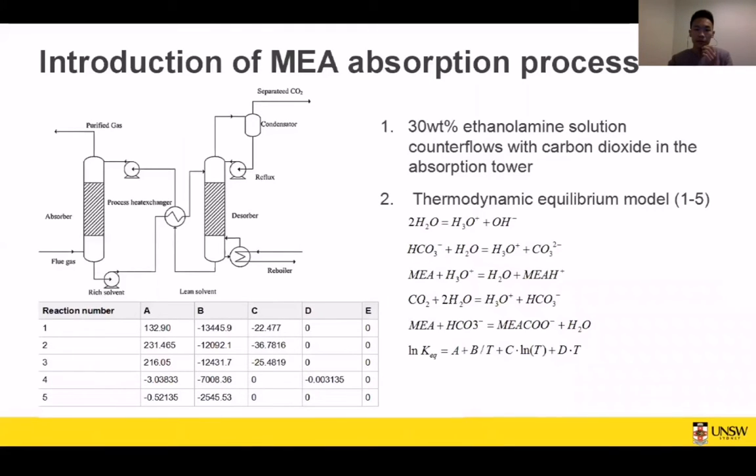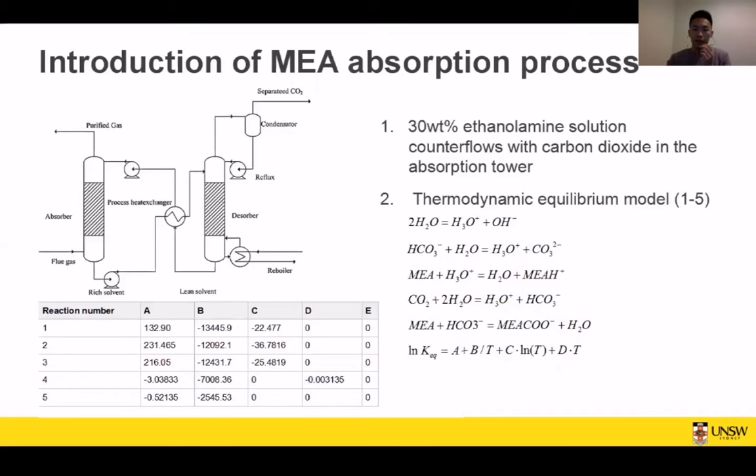This is a typical flowchart of carbon dioxide absorption. In this experiment, only the carbon dioxide absorption process in the absorption tower is studied. The mass fraction of the MEA solution used in this experiment is 30%,